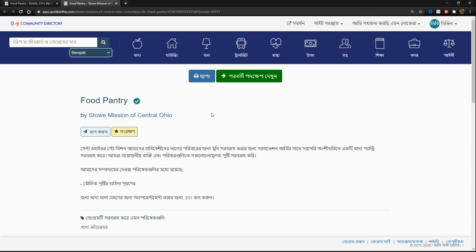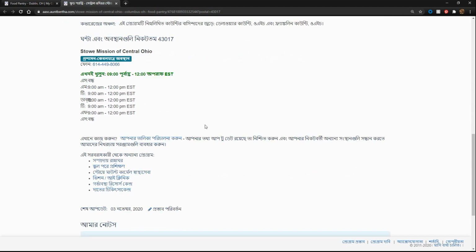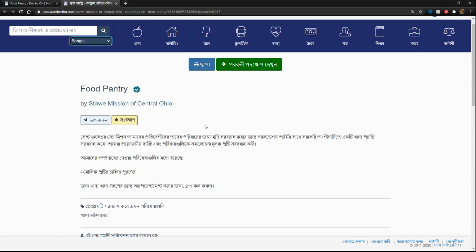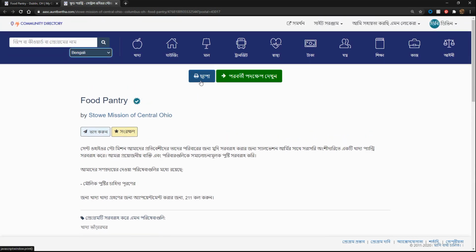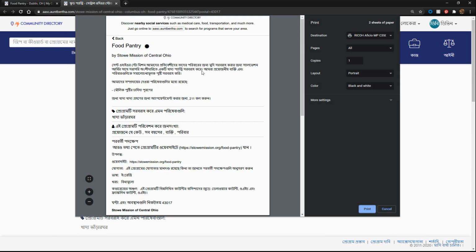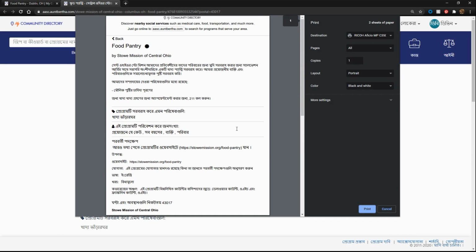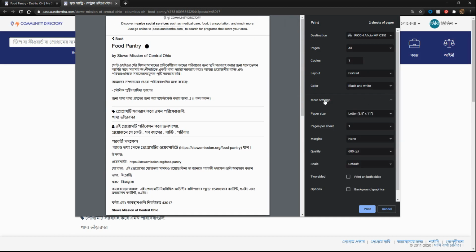You see I've selected the language, and it has actually translated my full My Community Directory page into Bengali. So all this information now appears in the language for the resident, and just click that print button, and then there it is, ready to print in Bengali. Now let's say that my resident who needs to read this information in their native language also needs